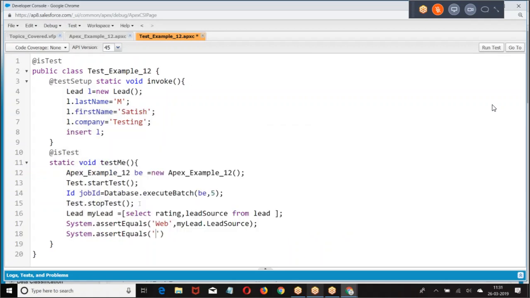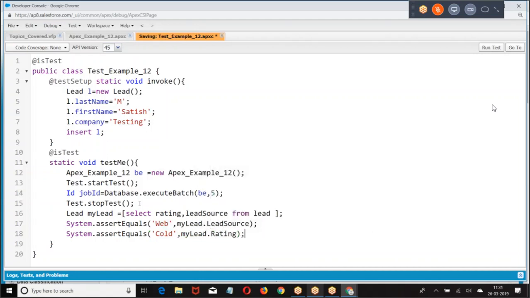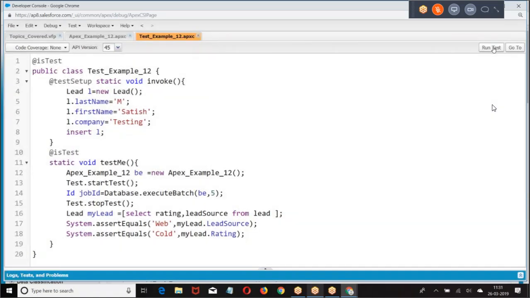Lead source. This is how we are doing. Then run the test class. That's what happened, right? If the batch is running properly, what will happen? The lead source will be kept as web, rating will be kept as hot.